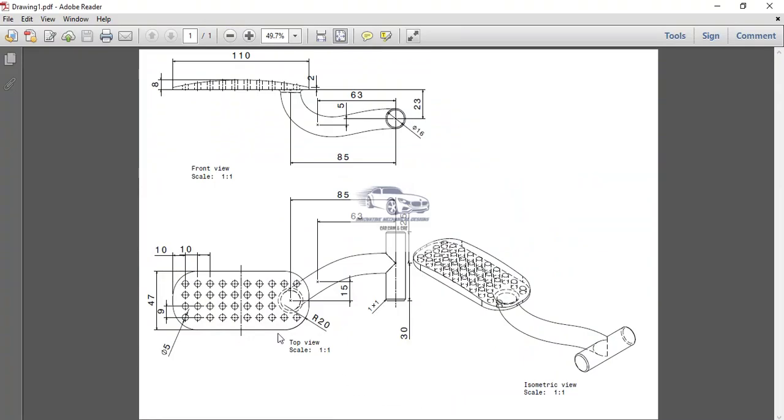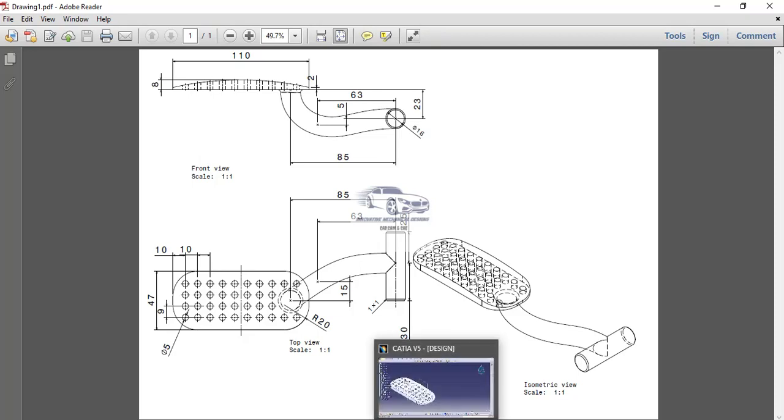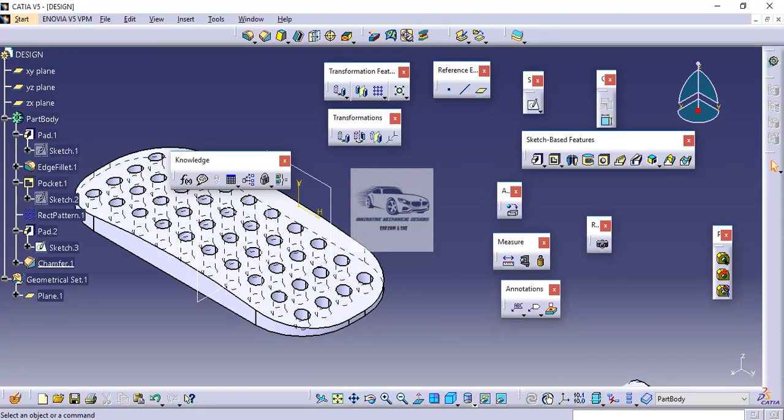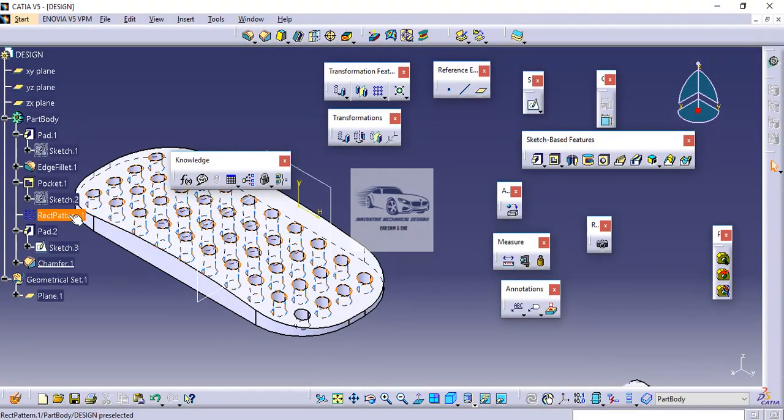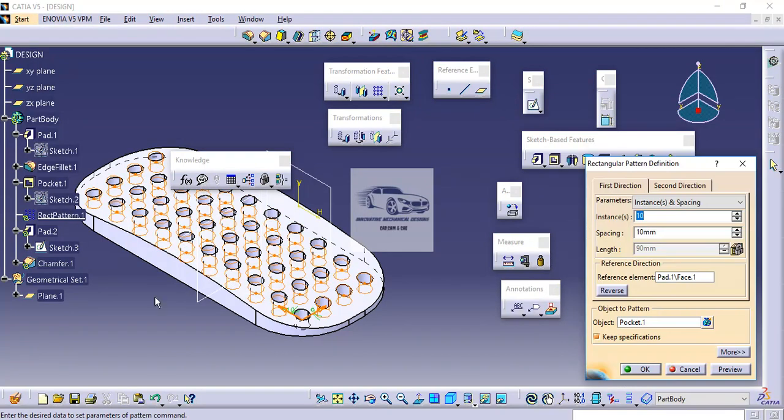One more thing before going further, as we can see in this particular drawing here, these 4 holes are omitted. They are not shown in the drawing. So what to do if we have to exclude a certain set of holes? So for doing that we will go to the pattern command, and in order to exclude certain set of features from the final results, you have to click here on these dots.